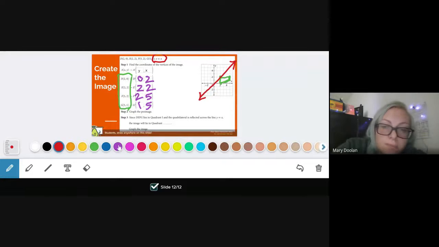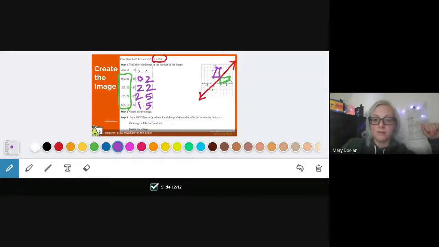Okay, and so in purple, my 4 vertices are 0, 2, 2, 2, 2, 5, and 1, 5. So if I connect them here. So when you have an odd looking polygon and you're trying to reflect it, sometimes it's really useful to use the rule, whereas maybe on a problem like you had,